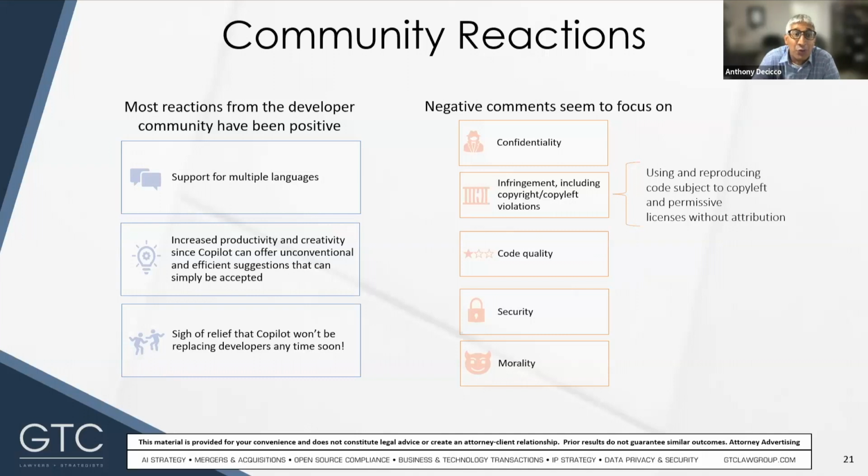There are issues around code quality. Copilot's FAQ itself says the code it suggests may not always work or even make sense. Code suggested by GitHub Copilot should be carefully tested, reviewed, and vetted like any other code. I'd also say the same applies to code generated by people. So there's an incremental risk here because there's higher volume and it's coming from somewhere else.